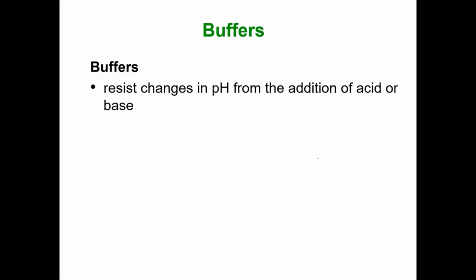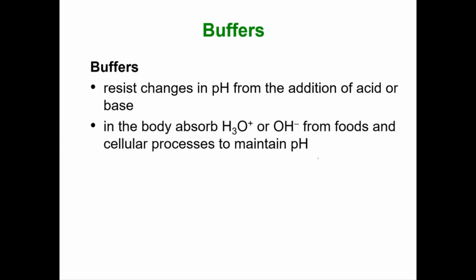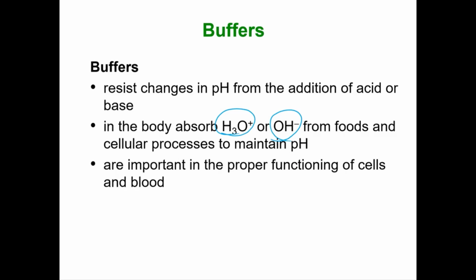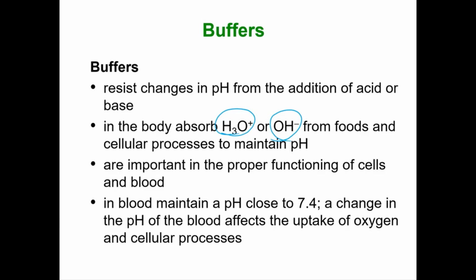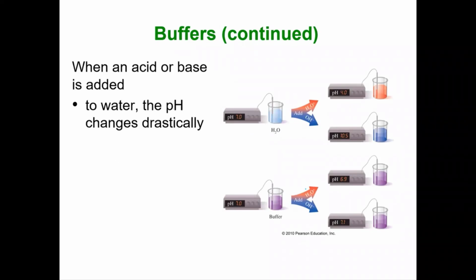So they resist changes in pH when a small amount of acid or base are added. So how does it do that? Well, for example, your body can absorb small amounts, right? Because we have to maintain homeostasis and have the proper pH. Otherwise, our cell organelles would unfold and our cells would burst and die. So we have to maintain blood pH of between 7.2 and 7.4. So how can we do that? Well,